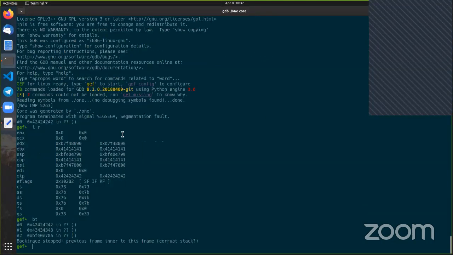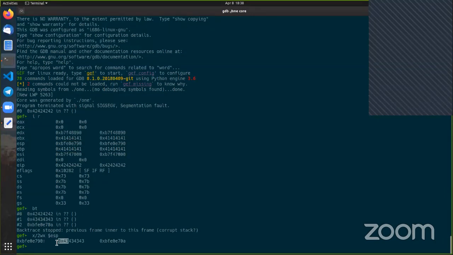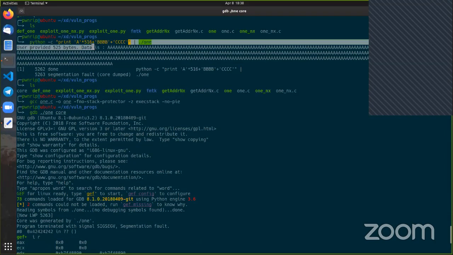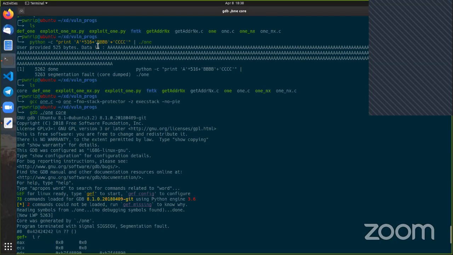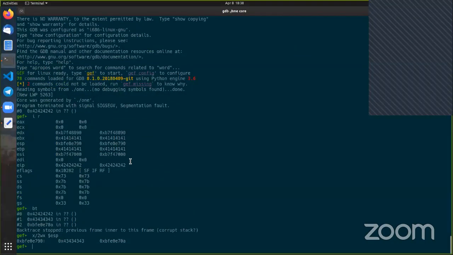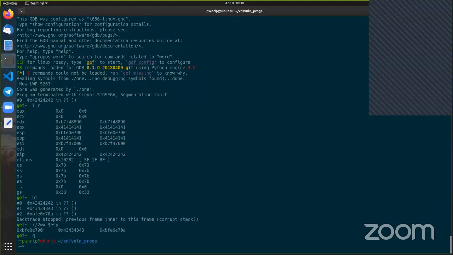Let's see, the BT shows there's nothing at this address, and the next return is this C. Let's have a look at what the ESP contains. Examining hex from ESP, the first thing is C, which is 4 times C. Actually, after B we have this 4 times C, which confirms that after 516 bytes of input data,